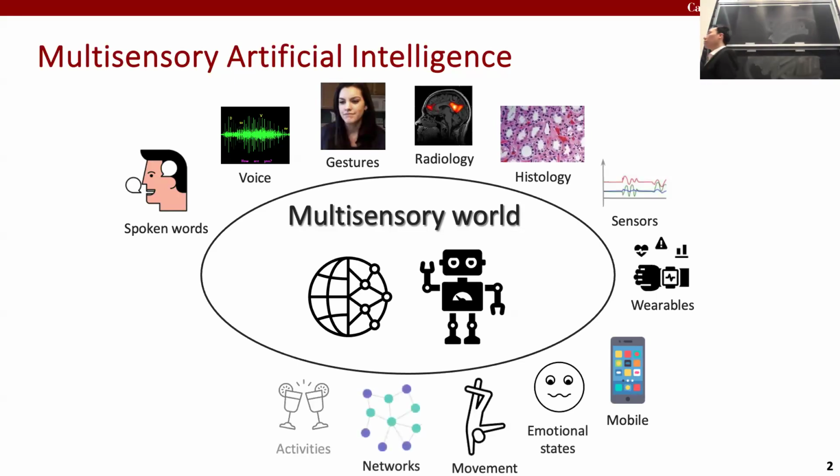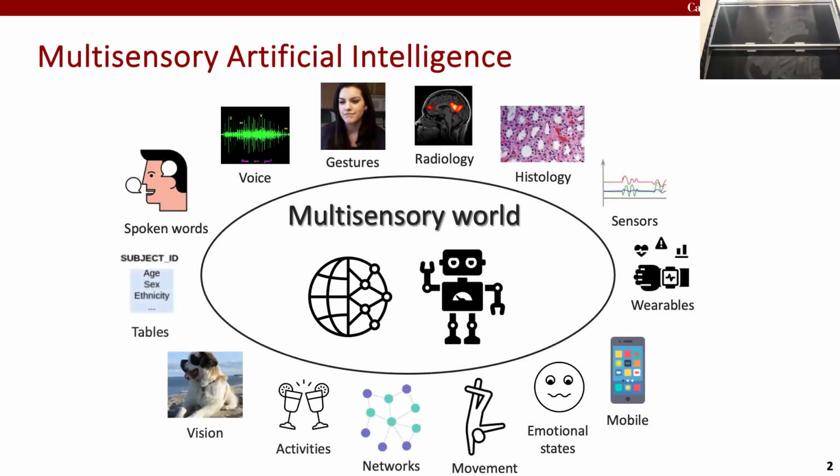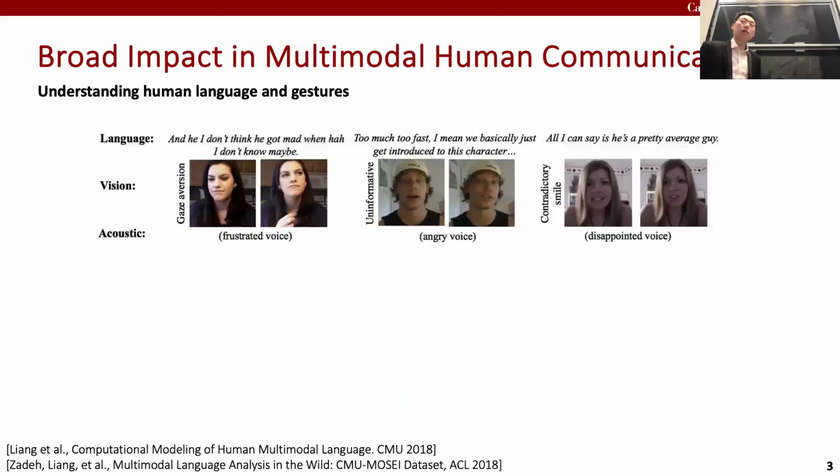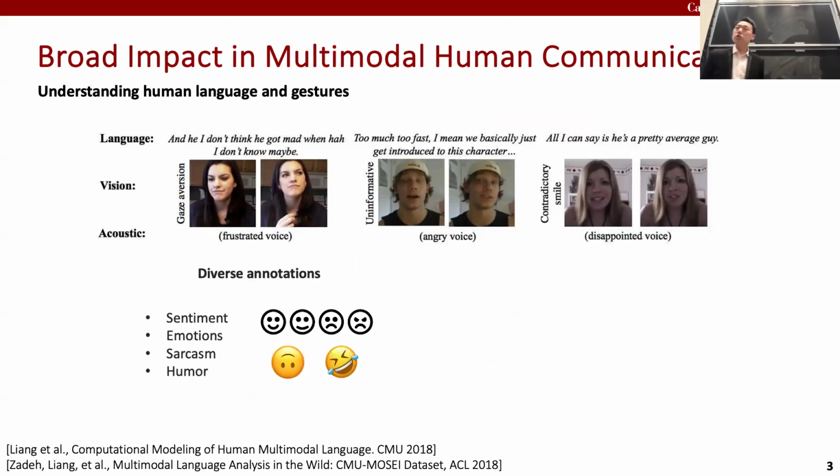So my research builds up both the machine learning foundations and also practical AI systems. It enables us to learn from a wide range of sensory modalities in the world. To give a glimpse of the broad impact of my research, a lot of it has been applied to understand human communication, understanding humans and their intents through the words that they say, the vocal expressions they use, and the body language they use to express their behaviors. These systems can be very useful to understand sentiment and emotions, whether a person is happy or sad about a particular topic, and even whether people are being sarcastic or humorous about a particular topic.